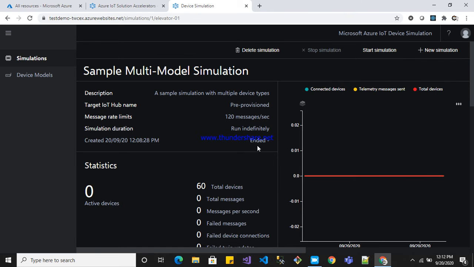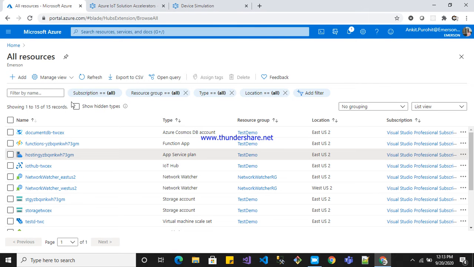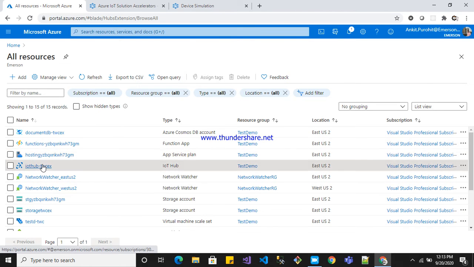So I have created a sample simulation of 60 devices. When you start the simulation, it shows the created date and sets up the simulation. Meanwhile, if you go to the Azure portal and go to your IoT hub,